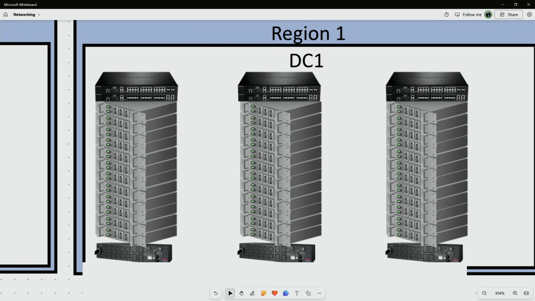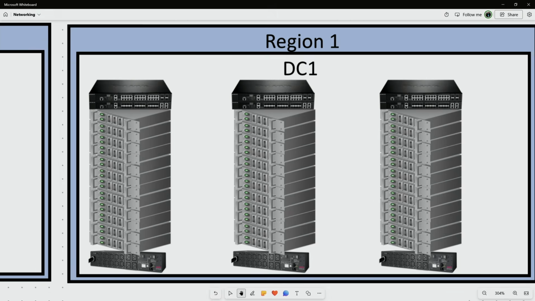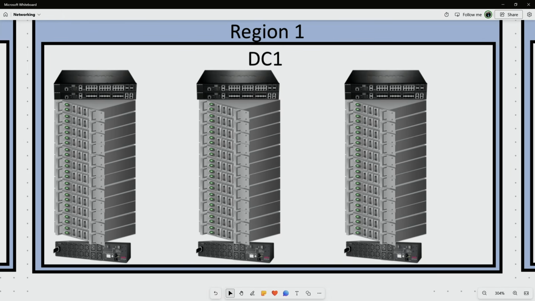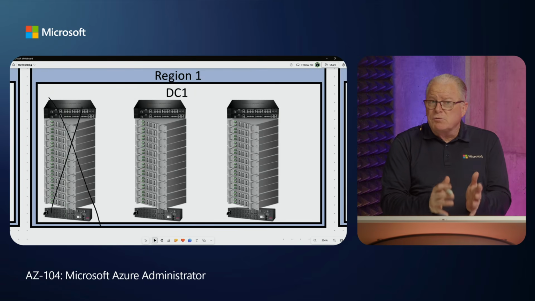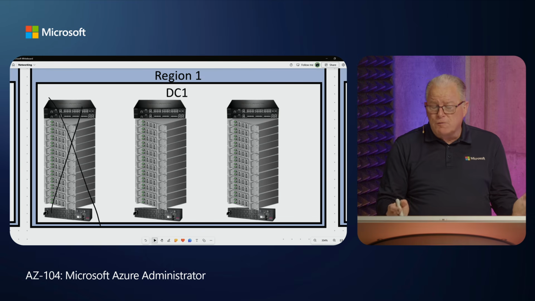So a region has multiple data centers. Inside of the data centers, we have these things called scale units that then provide redundancy so that if I do lose a scale unit, I'm going to be able to deploy resources potentially redundantly across multiple fault domains. This is going to come up in another recording when we talk about availability zones, availability sets, fault domains. All of this is going to come up in other recordings, but you just want to understand